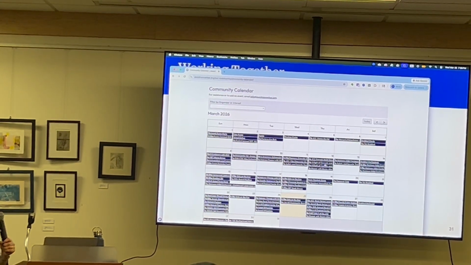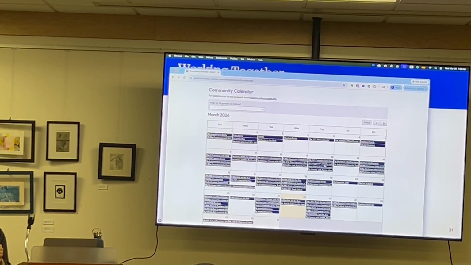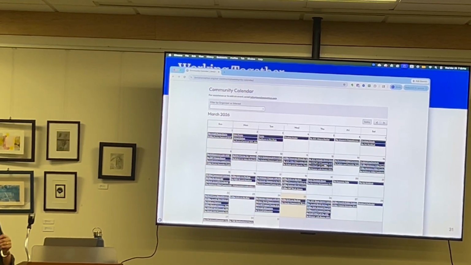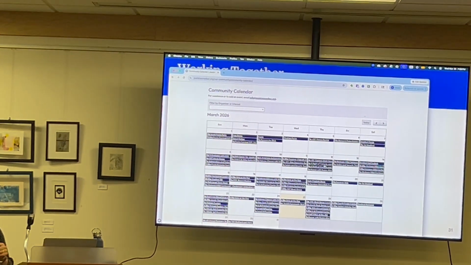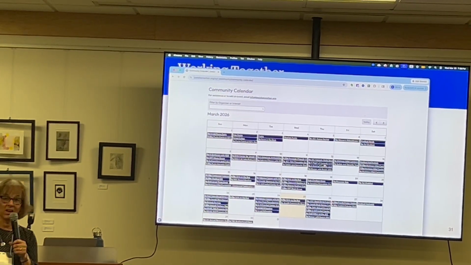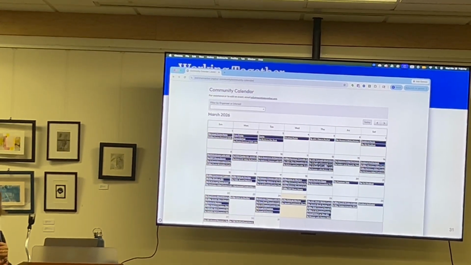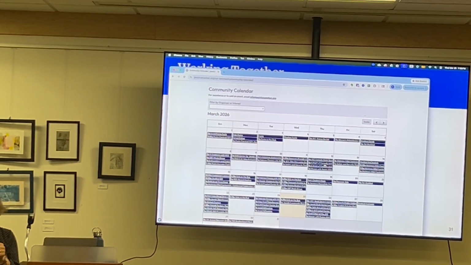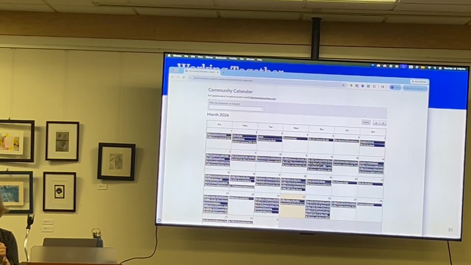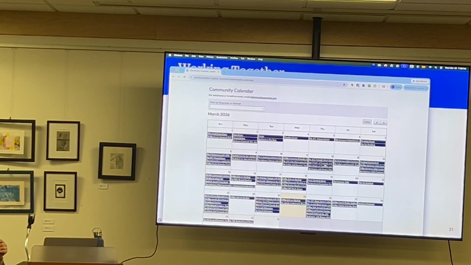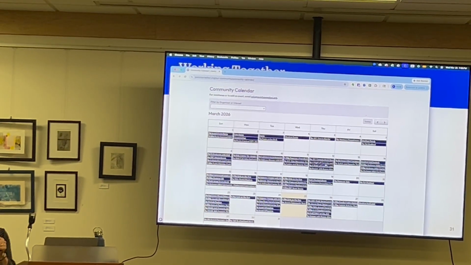Number two, the minute you have your date, make sure it's on the community calendar. Because while you're getting your room and getting your person, and then all of a sudden 2 months later you've decided, I'm going to start advertising for this event, so I better get it on the community calendar. Guess what? Somebody else was doing all their planning and they already had their event on the calendar. And I cannot tell you, I know I sound a little hot and bothered, but I cannot tell you how many times we've had to deal with situations like this simply because somebody didn't put their event on the calendar the minute they knew. You can even put tentative events.